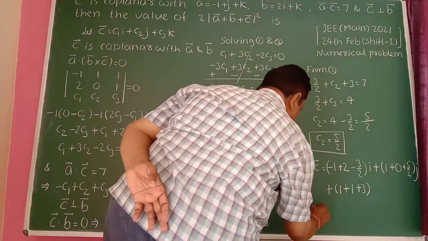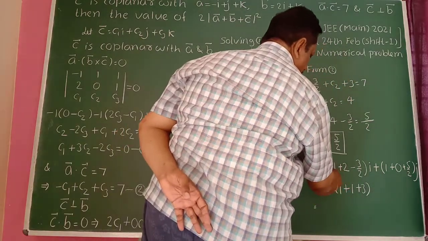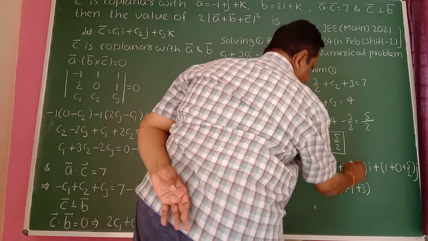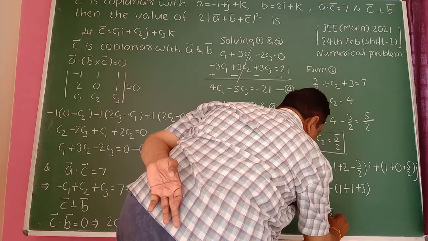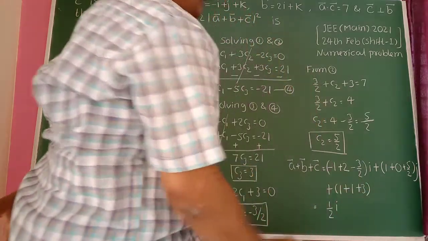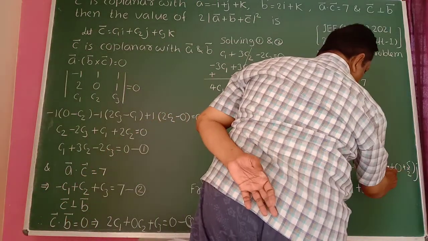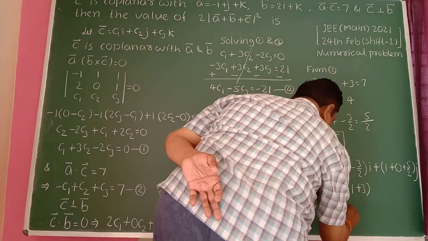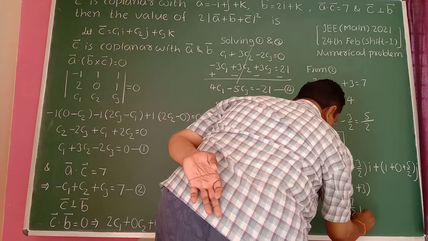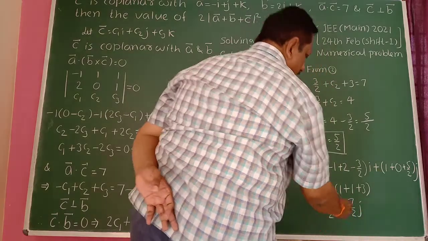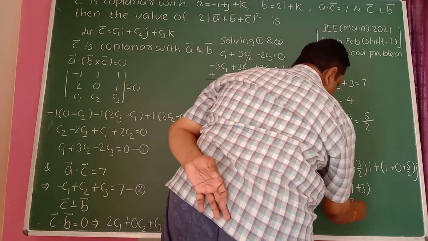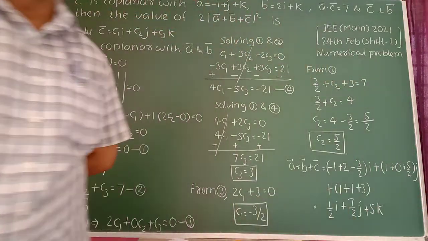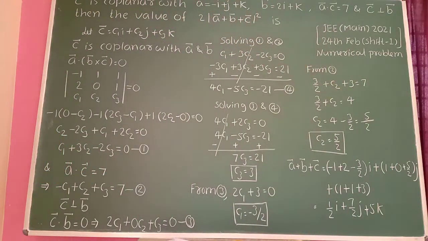that is equal to, so 2 minus 1 is 1 here. 2 2s are 4. 4 minus 3 is 1. So 1 by 2 into I here. Then 2 1s are 2. Then 5 plus 2 becomes 7 here. So plus 7 divided by 2 into J here. 3 plus 1, 4 plus 1 becomes 5, plus 5k. It is A bar plus B bar plus C bar here.